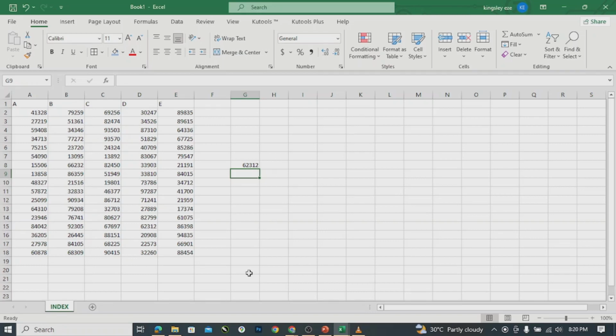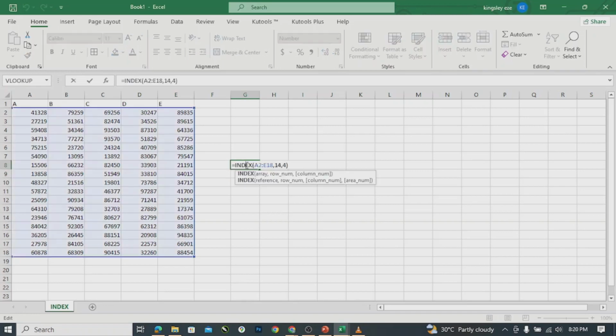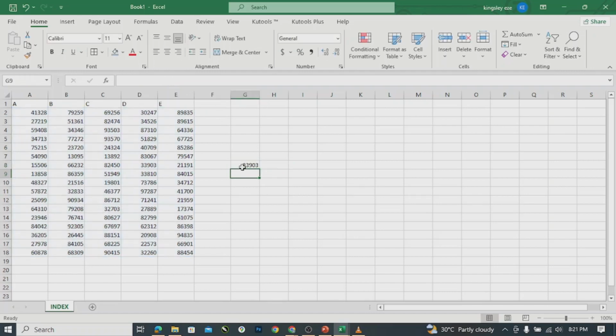Now this content, according to the argument, you have to first of all give it an array, then give it a row number. So in giving it a row number, that row number would now determine what index would return for you. So if we go back to this formula and perhaps I change my row number to, let's say, 7. If I change this row number to 7 and hit enter, you can see that it will take me to